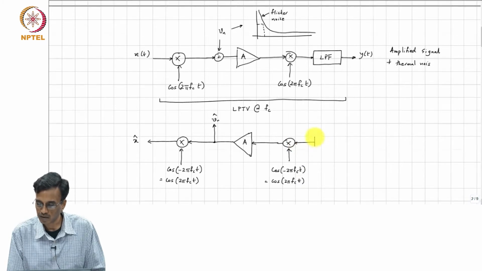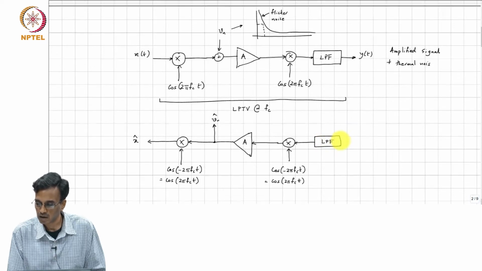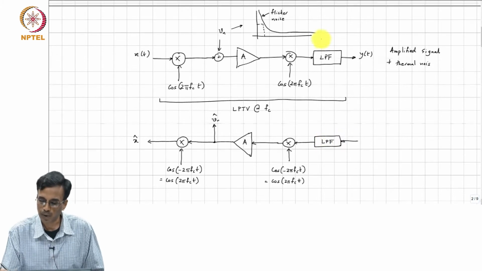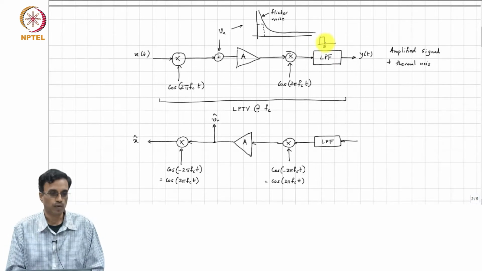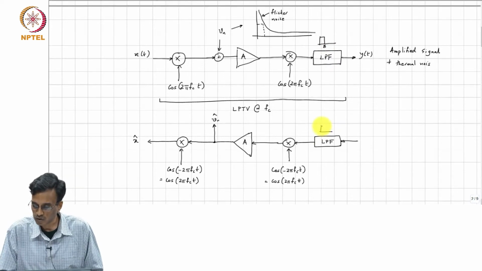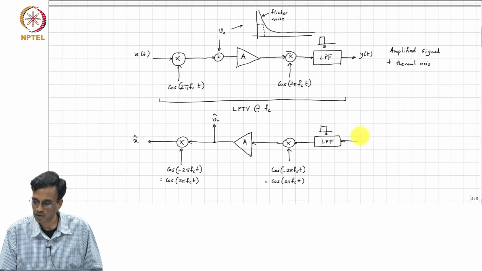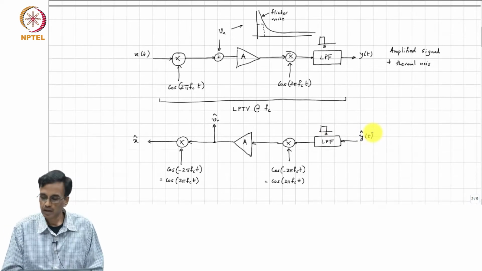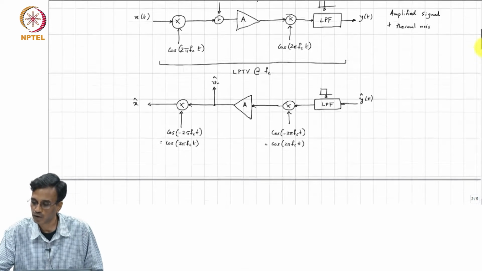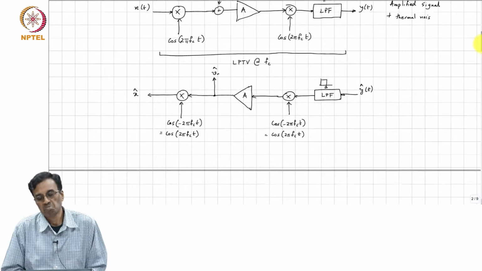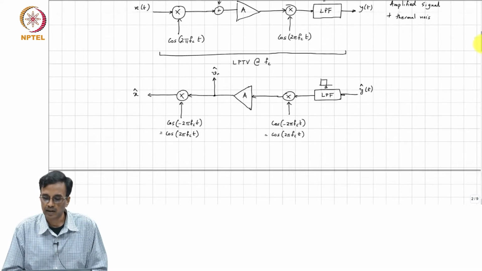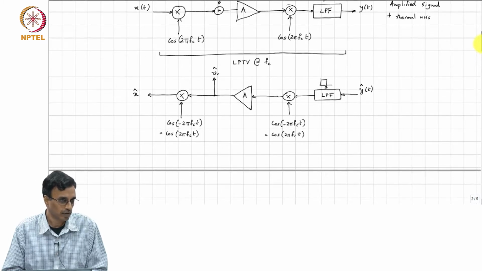And this low pass filter is turned the other way around. The bandwidth of the low pass filter is B, which is very low frequency, and so this filter also has a bandwidth B, and this is y hat. All right. Since low frequency and DC are pretty much the same, we would like to figure out what all components can alias to DC at the output of this whole signal chain.